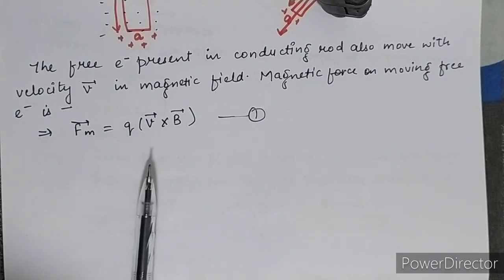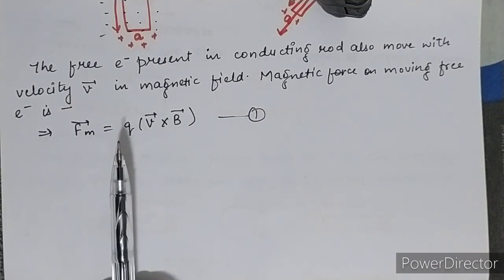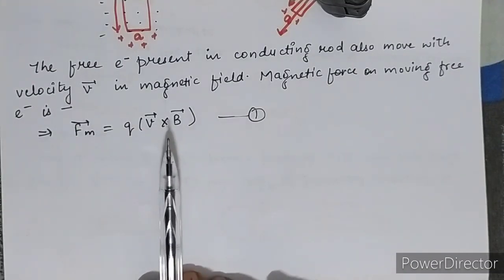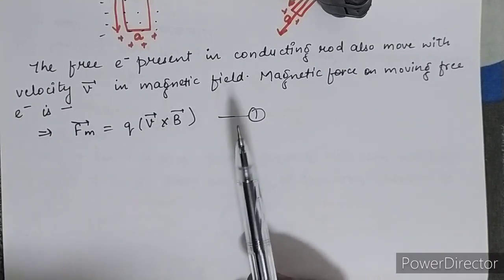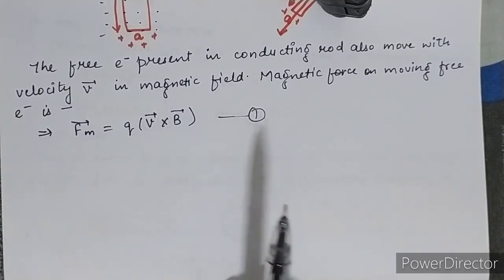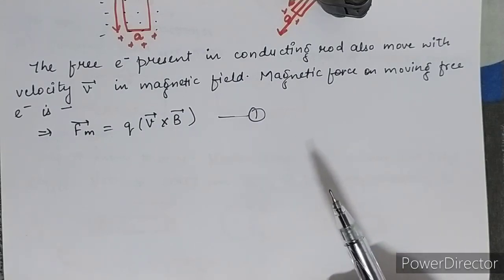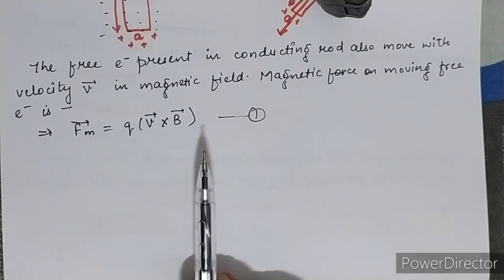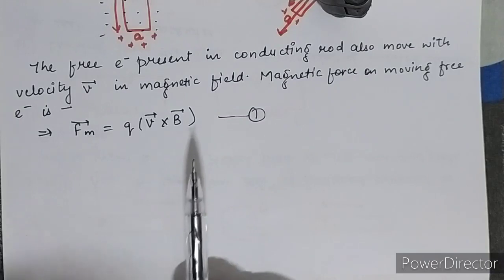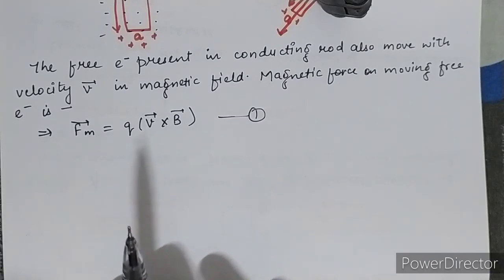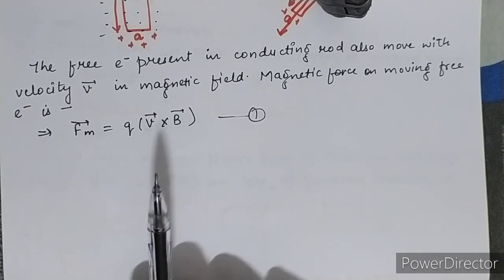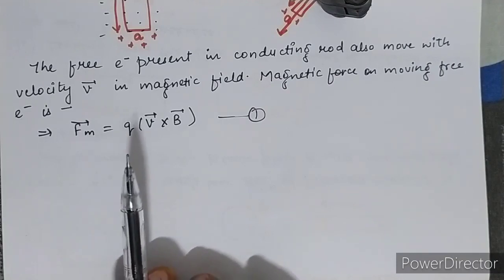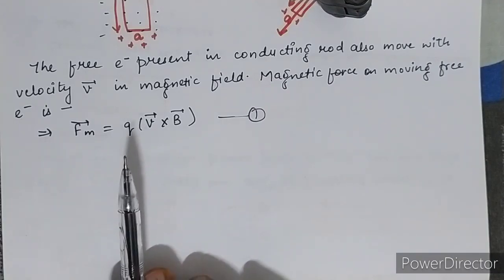So for the positive charge, the direction of v cross B is from B to A. So the magnetic force on the electrons, because of the negative charge, is from A to B along the length of the conductor. Now due to the drift of the electrons, there is excess of electrons at B and deficiency of electrons at A. Getting my point? There is a drift of electrons, that's why there are excess electrons at B. B is the negative one. Okay, and there is a deficiency of electrons at A, that's why it is positive.